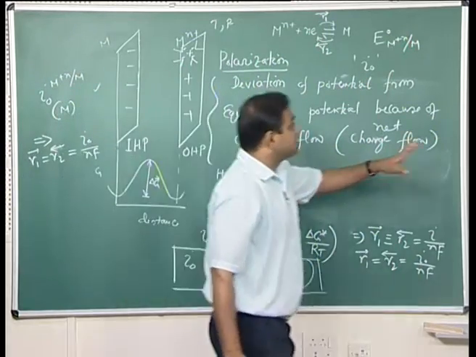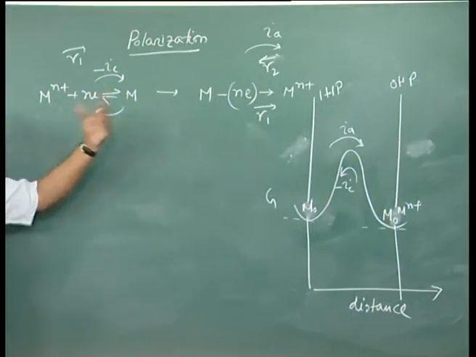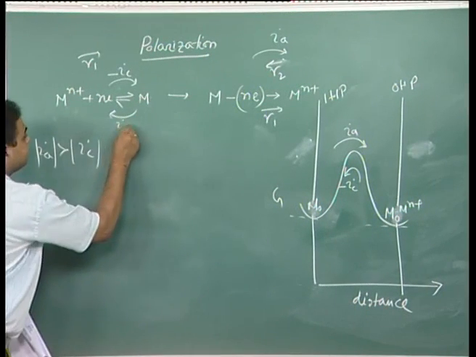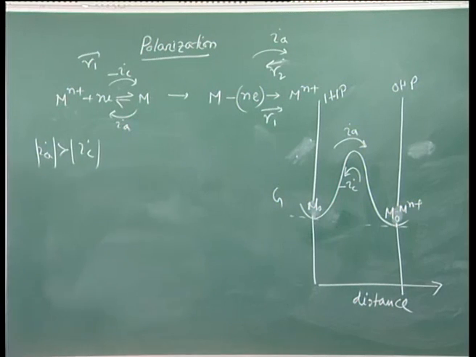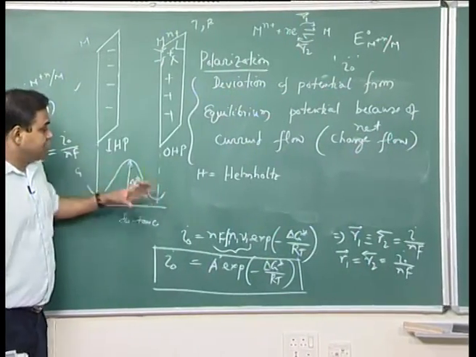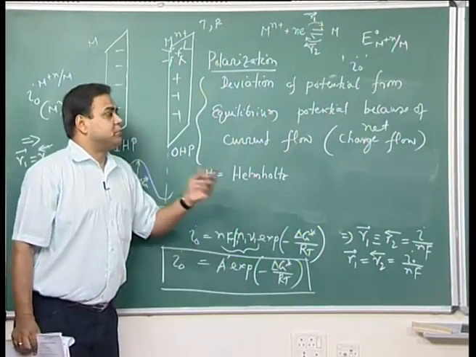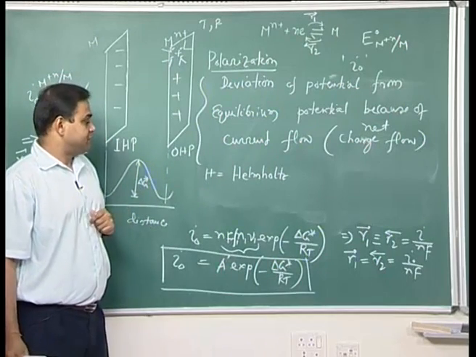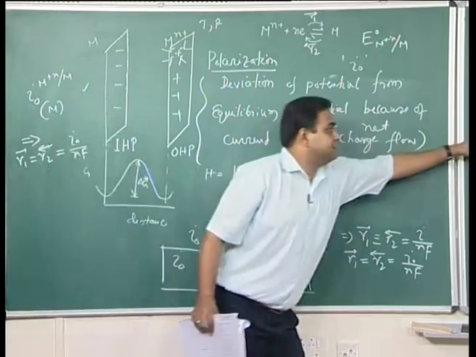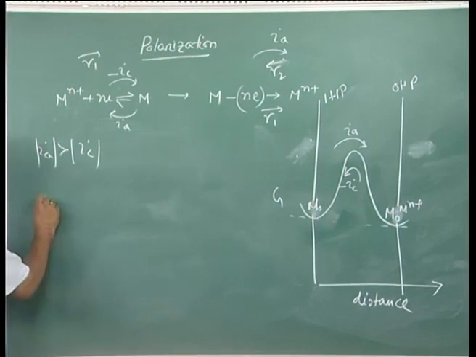Now, since I know that IA is greater than IC, which is the anodic process, I should see that the reaction barrier should decrease for the anodic process, or the metal ion formation process. Then only this would be higher than this. So, what would be the rate of